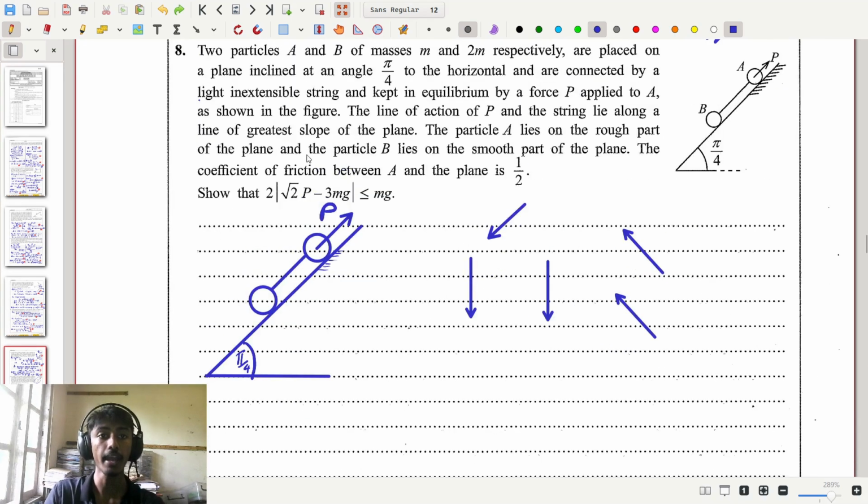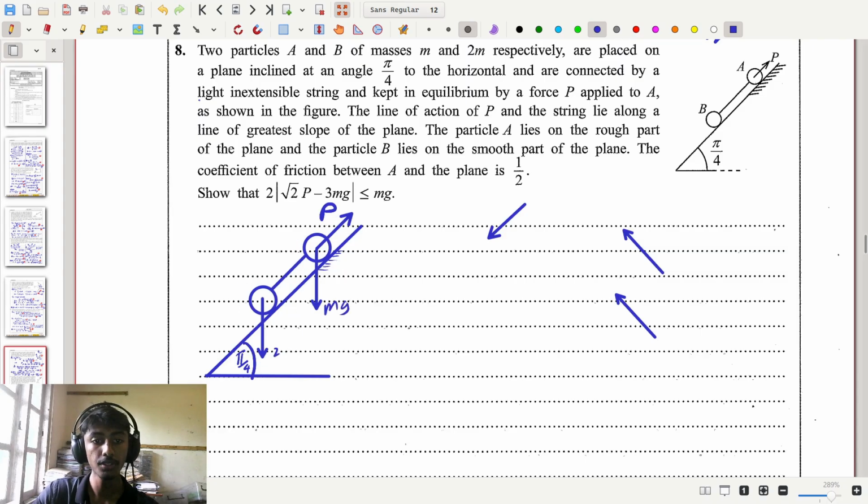Now considering that, at the start of the question they say the two particles A and B have masses of m and 2m, however in the diagram they have not marked the weights caused by those masses. So therefore, first off, let's mark the two masses and therefore the two weights of these particles. So the particle A has a mass of m and the particle B has a mass of 2m. Therefore, we will mark the downward force of particle A, the upper particle here, as mg and the lower particle